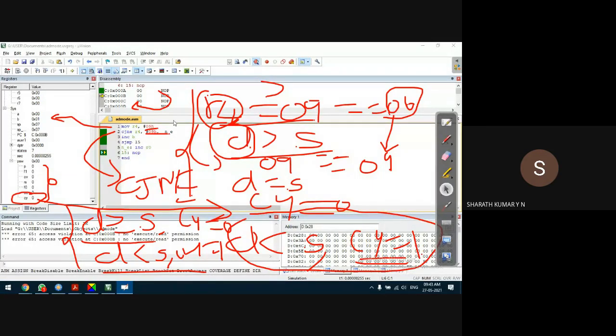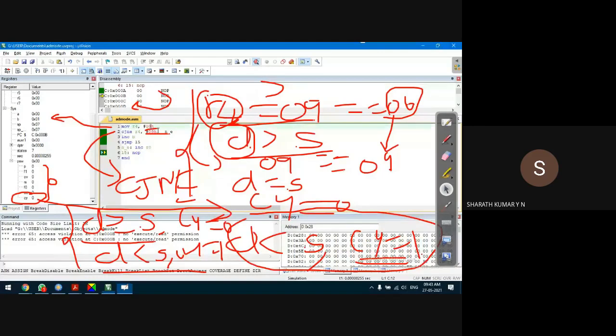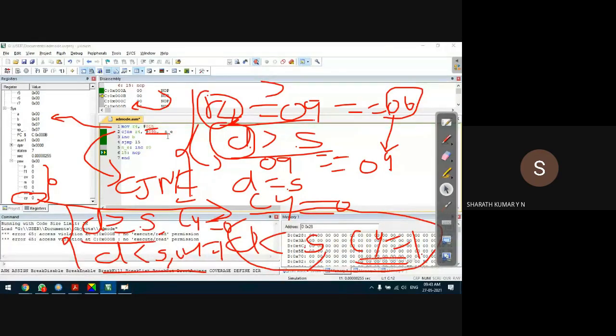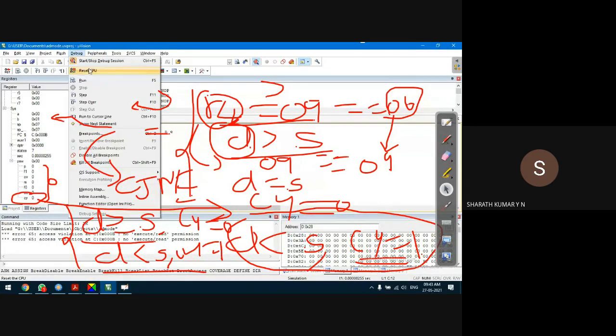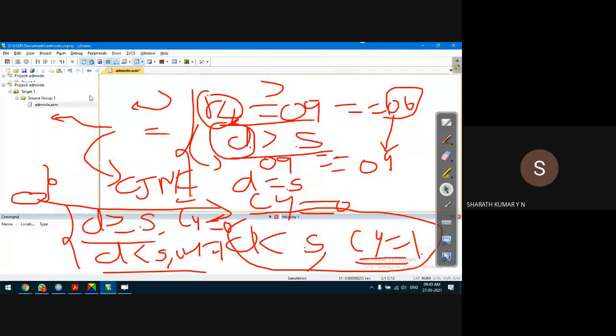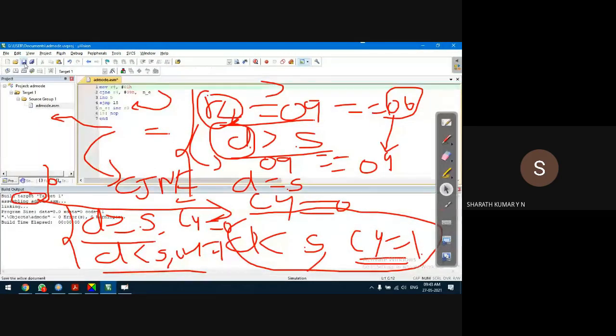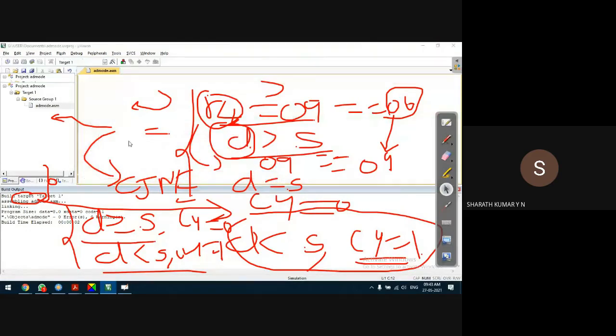Here I'll make destination, R4, as 01, and source is 0. In this case, destination is less than source. I need to run the program again, so I have to start from the beginning. Save the program. Since I modified the code, I need to execute the program again. Debug, start session, F11 on my keyboard.